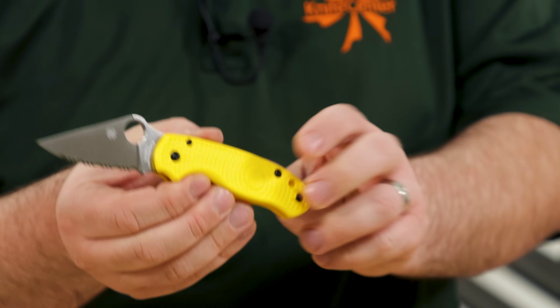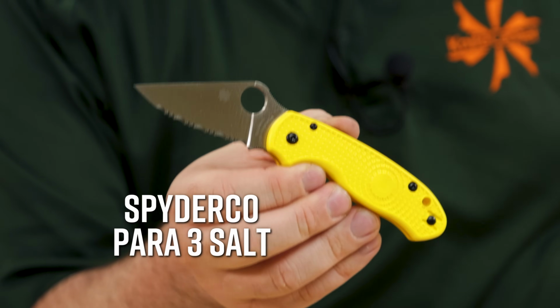We need to be salty. Well, you know, we got a salty version of the Para 3 to take a look at too. The full serrated version of the Para 3 Salt Lightweight